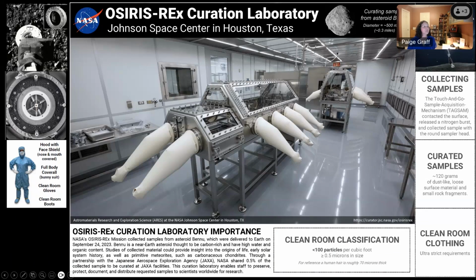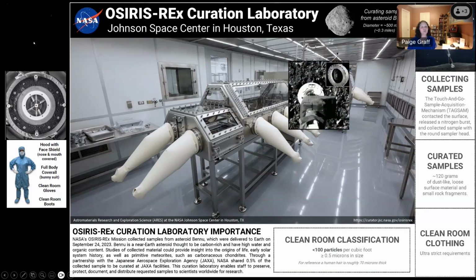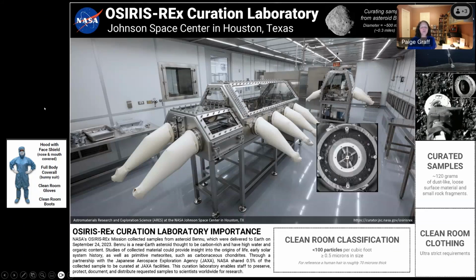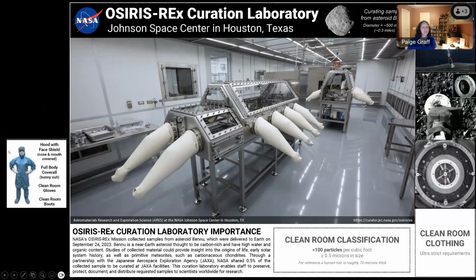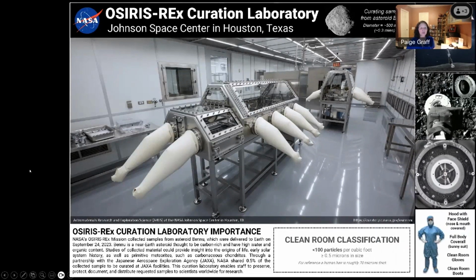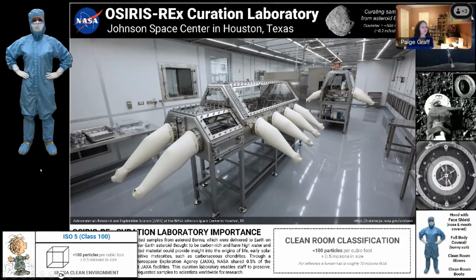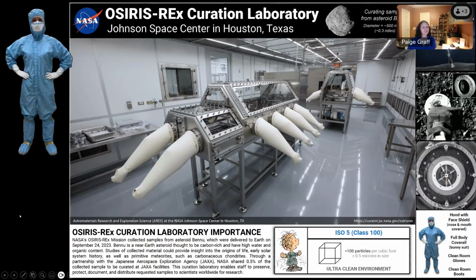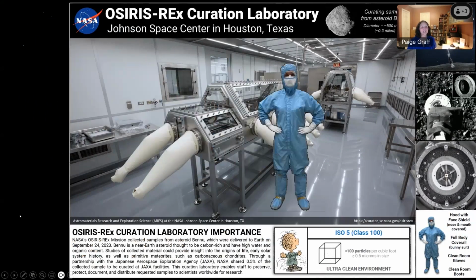Collecting samples, they might notice, oh yeah, this one after doing some reading, and I'll briefly go through this. And then the curated sample, loose surface material and small rock fragments. And then, the clean room clothing. Well, yeah, they got to wear a lot of gear to be able to safely work in that lab, keep the sample safe. And then they can place the clean room environment into its spot, as well as the lab